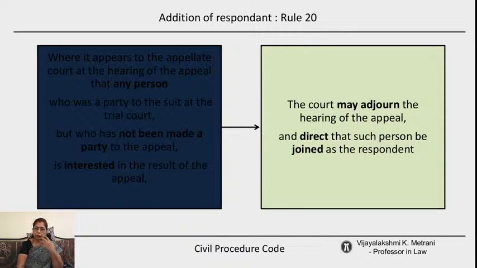So what happens is, when the appeal is filed before the appellate court, the first thing is that the court does not look into all the grounds. It looks into only the grounds which are stated in the memorandum of appeal. Okay, then it gives an opportunity to the appellant to come before the court and speak for himself, he or his pleader, of course. When they come and state the grounds before the court, and the court finds that there is no reason for allowing the appeal, there itself it may be dismissed summarily.